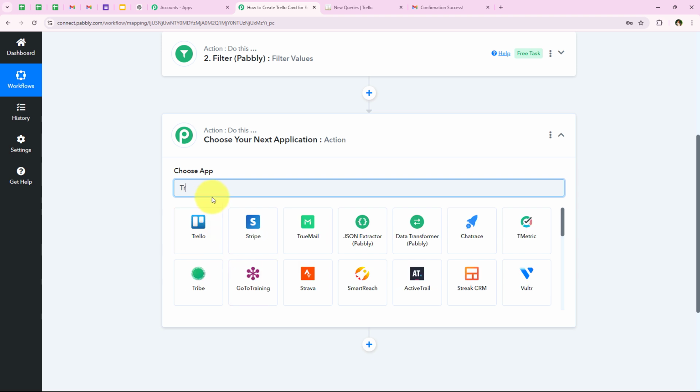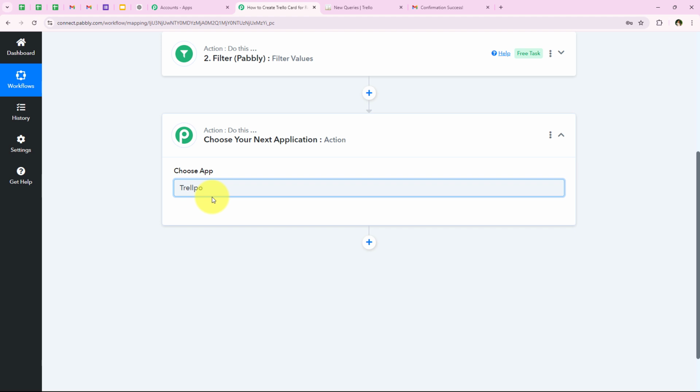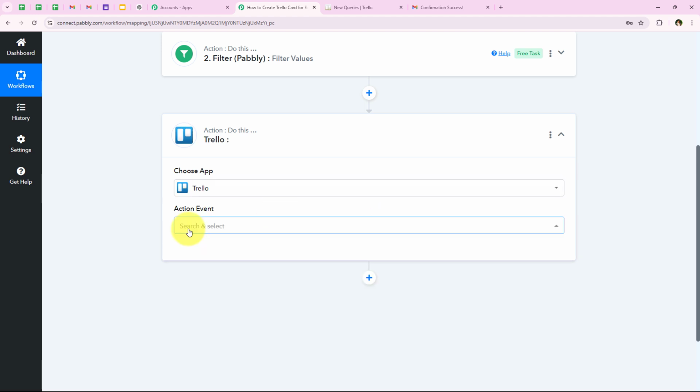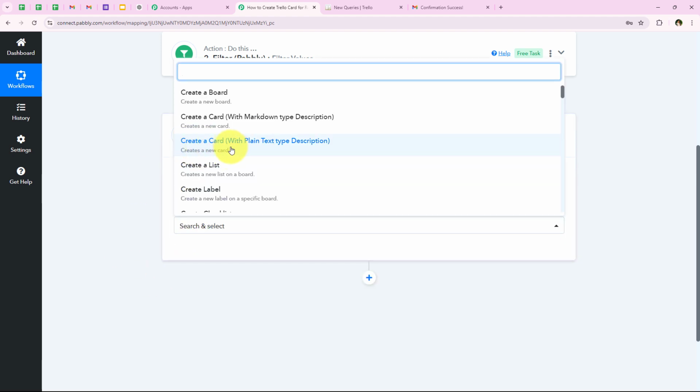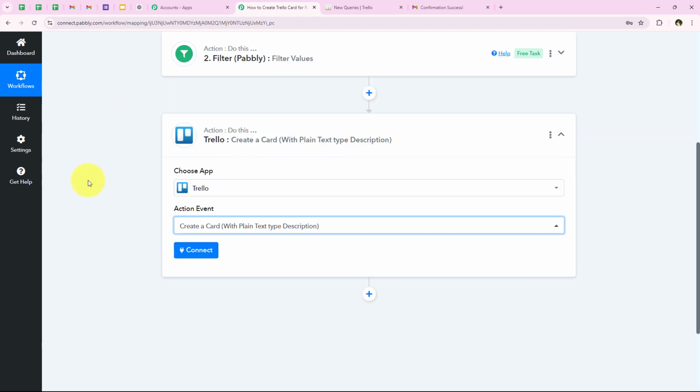So I'm going to select the action application as Trello right over here, and as you can see Trello, so we are going to select Trello. And now for the action event, we are going to select it as create a card with plain text type description. So I'm going to select it,